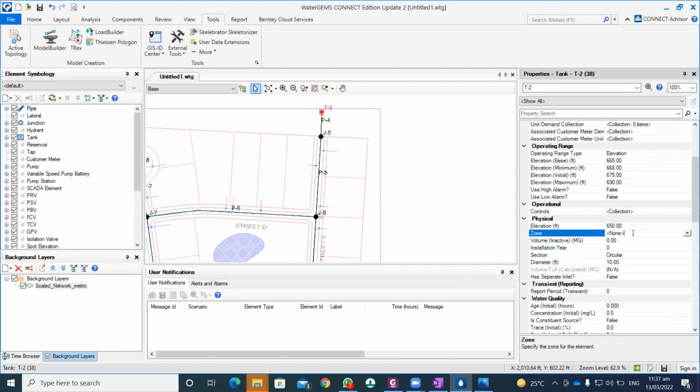Mostly the zoning is just basically we do it for our convenience. For example, if you want to design a tank for a commercial area, you give it a name that it lies in a commercial area. Just like that, making zones for the residential area or the industrial area or the commercial area. So you do that here for your convenience. Volume inactive,